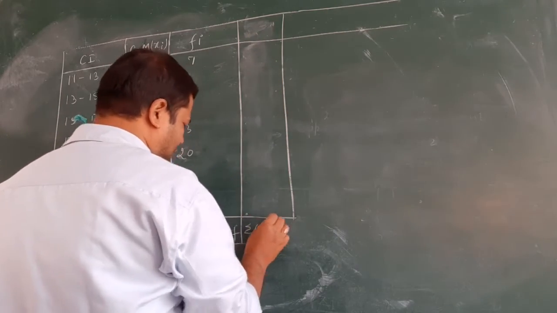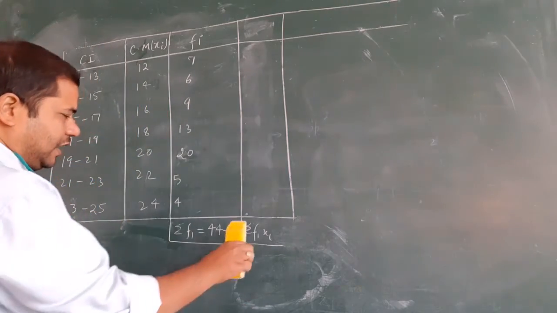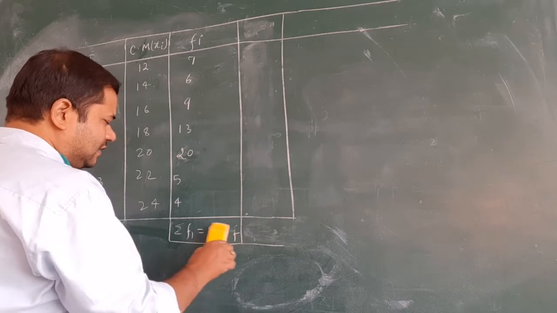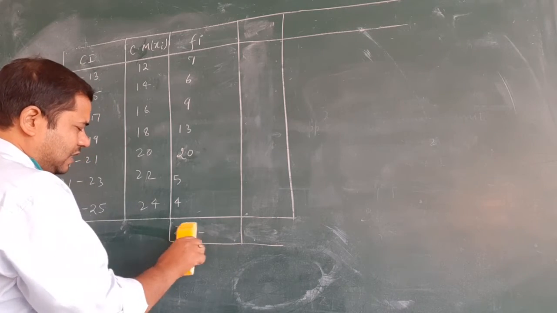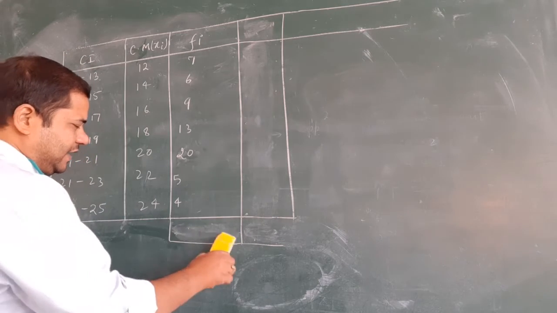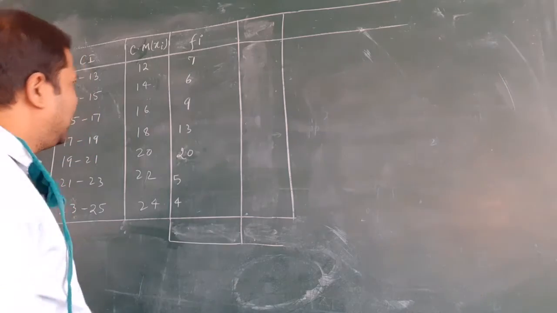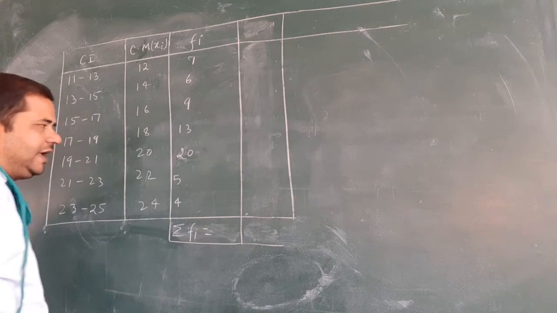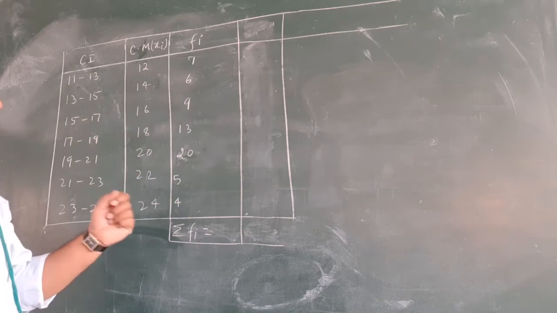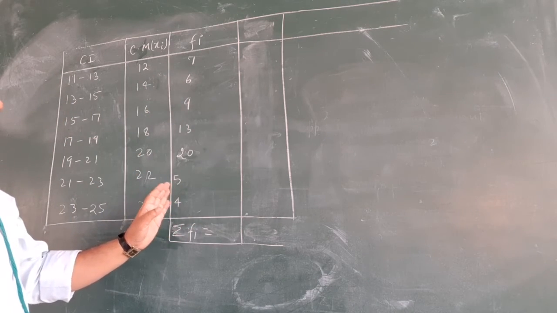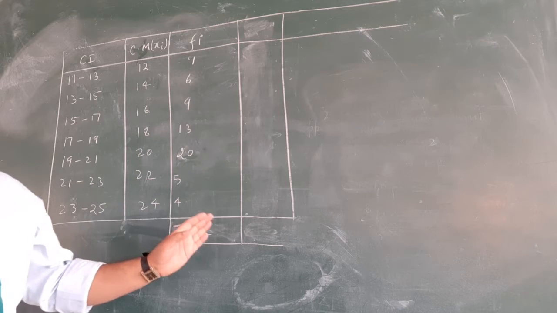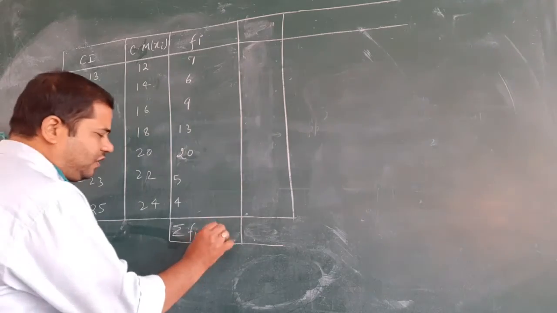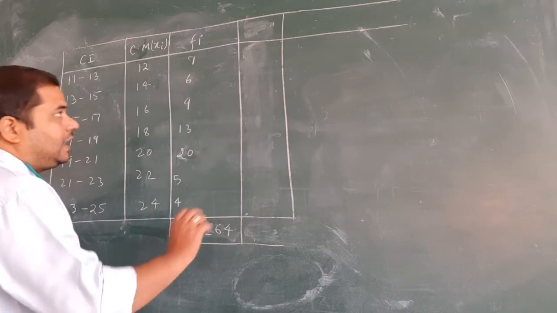Now we are going to solve the same question by the assumed mean method. Okay, this is the table and we find it by assumed mean. So for that we need the sum of frequencies Fi. So now if you add, what will we get? 44 plus F, that is 44 plus 20. Now we write it 64.